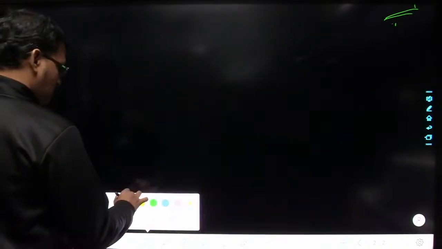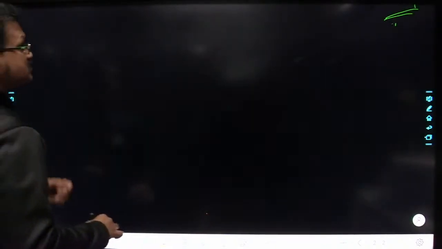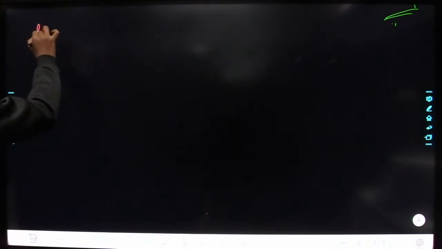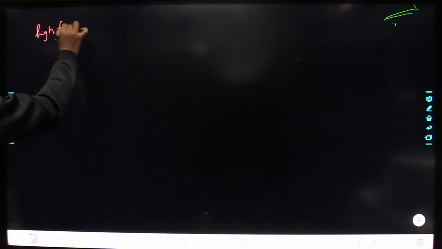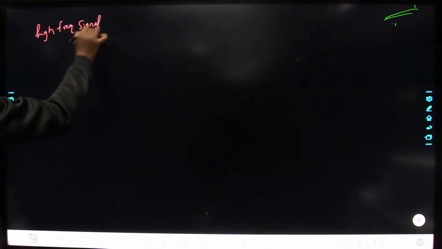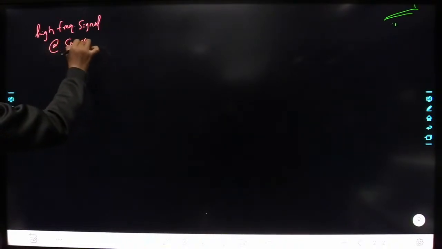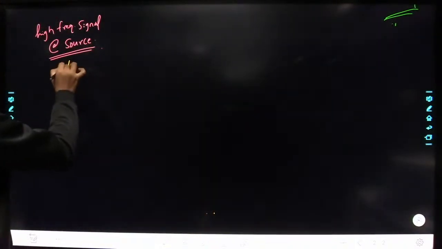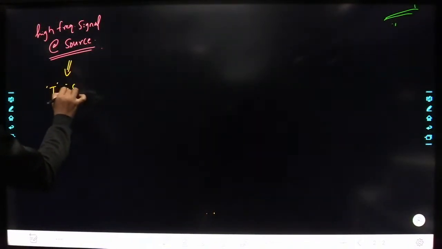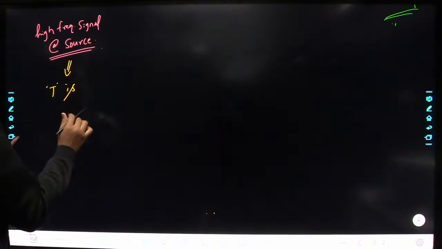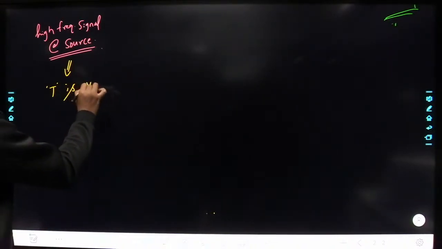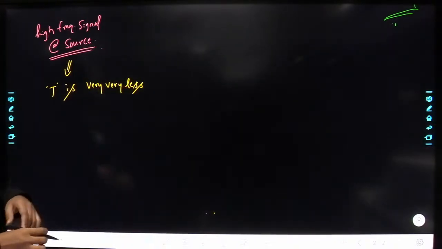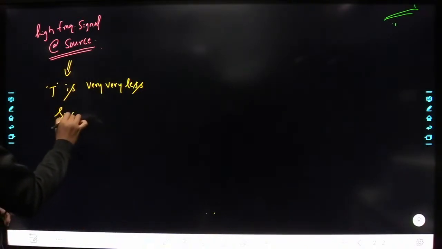Next, see here. Now let us consider the time period of the signal. Now I am applying a high frequency signal at the source. Whenever I apply a high frequency signal at the source, the time period of the signal is very less. Yes or no? Time period is very less, such that